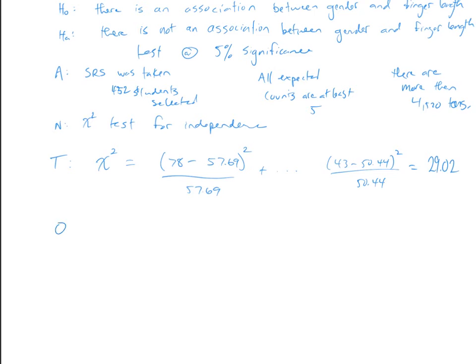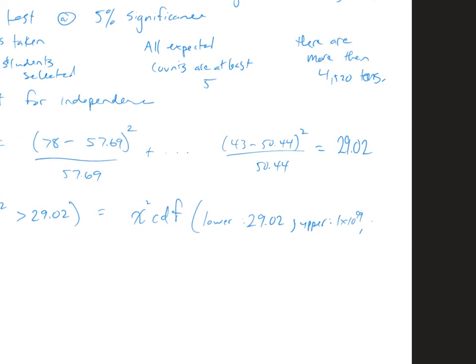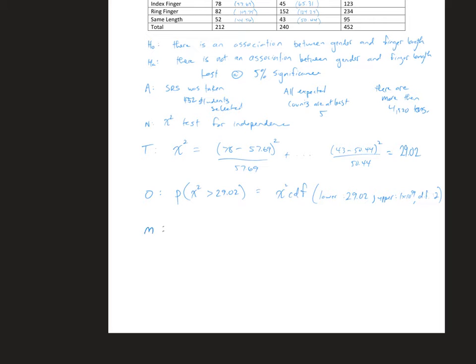So, to obtain my p-value, the probability that chi-squared is greater than 29.02 is equal to chi-squared CDF. And we're going to say lower is 29.02. The upper is 1 times 10 to the 99th. And the degrees of freedom is 2. Rows minus 1, column minus 1. So that becomes about 0. So since P is less than alpha, 0 is less than 0.05, we will reject